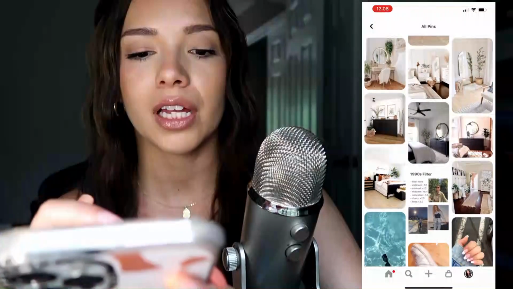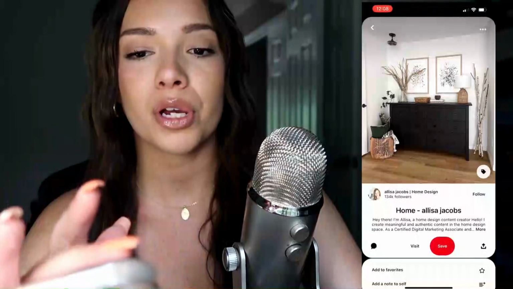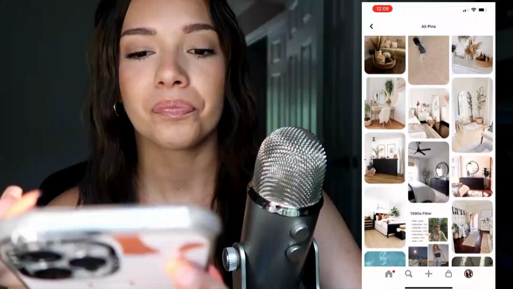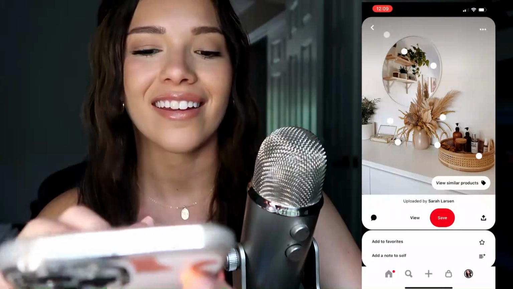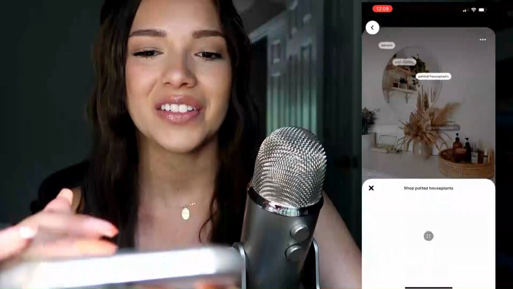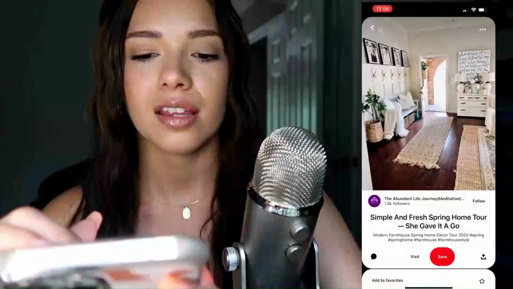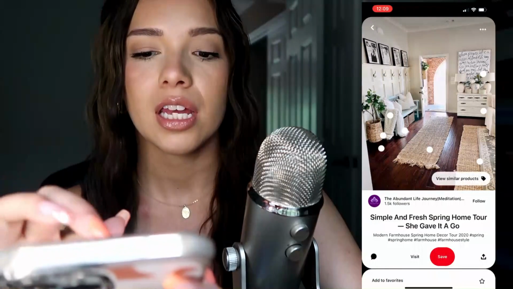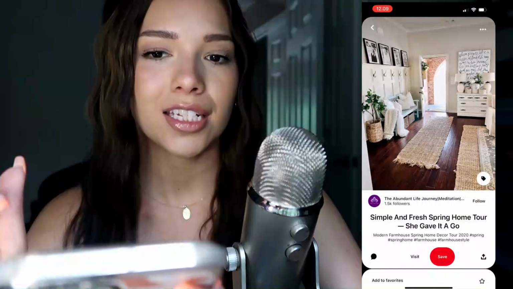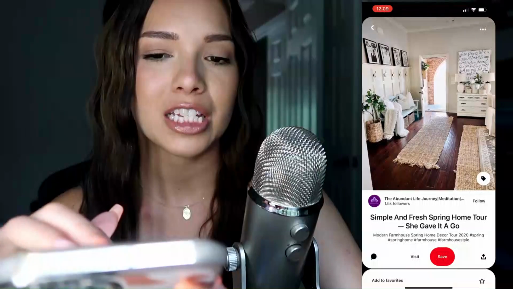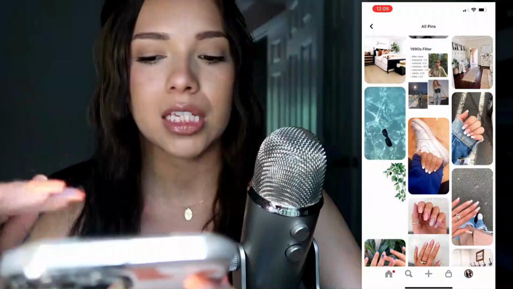I like a lot of neutrals, but I have black furniture, so I'm trying to figure out how to do it for my bedroom. Just things like this for my countertops, just little things. I'm so excited to set it up. This, I saved this for the runners, the rugs. I never buy anything linked to the pictures on Pinterest because they're usually very expensive, but I like to find dupes on Amazon or other places.